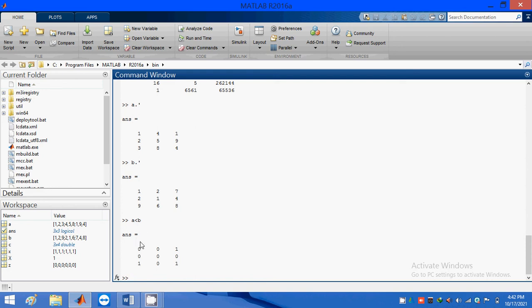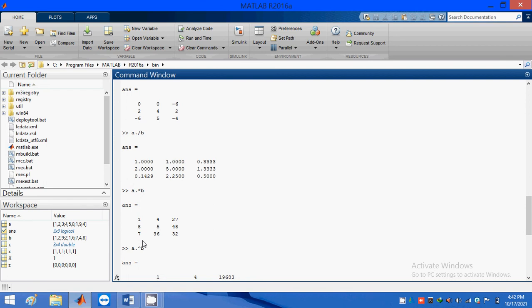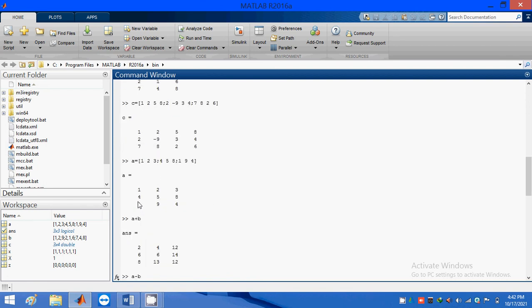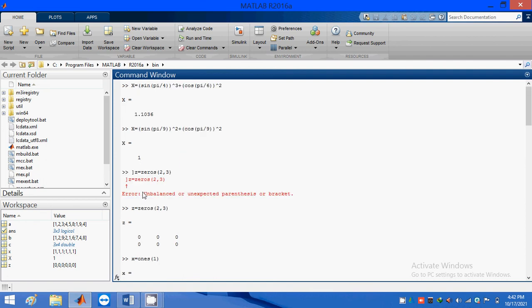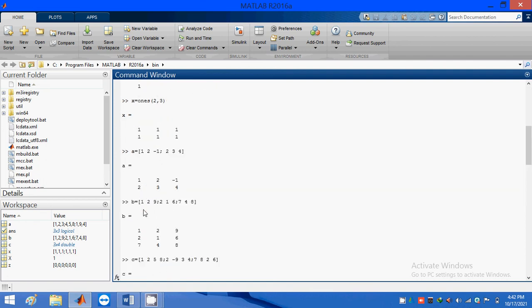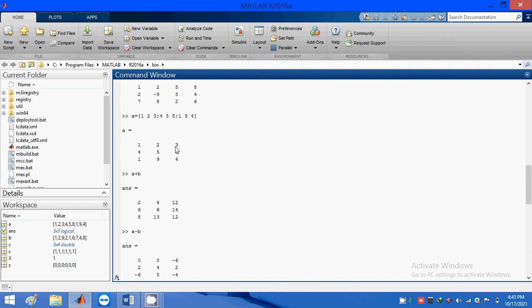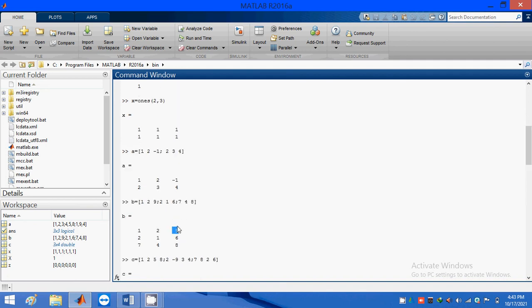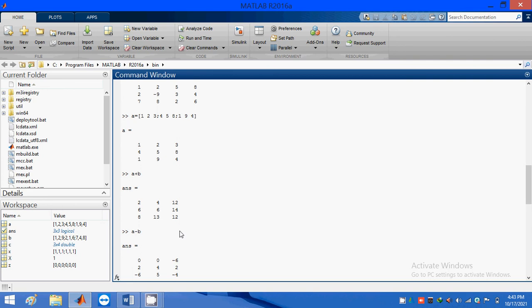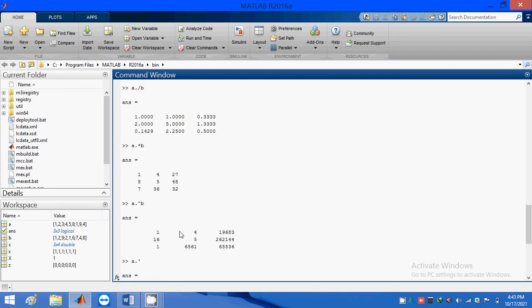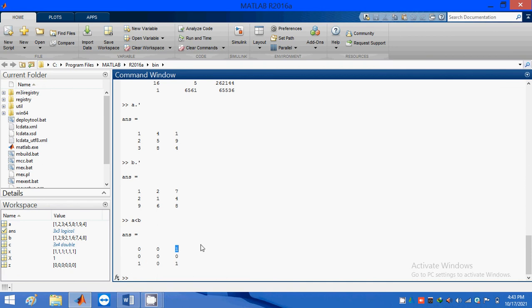A has one value and B has one value, so both are equal and it doesn't show any relation, so 0 is shown. Comparing the next element, B has 9 and A has 3. B is greater, so this condition is true, and that's why it shows 1. This is how the relational operation shows the result.